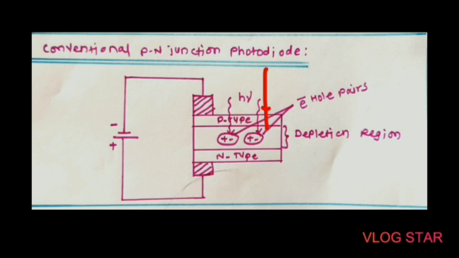The electron-hole pairs formed outside the depletion region diffuse into the depletion region. This is your depletion region, and they also contribute to the photocurrent. But the maximum probability is that they get recombined. If the depletion region is made much wider, then the maximum number of photons come to the depletion region, but in this case the transit time, that is the time required by the charge carriers to reach the battery terminals, increases.